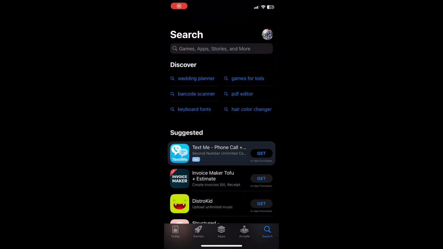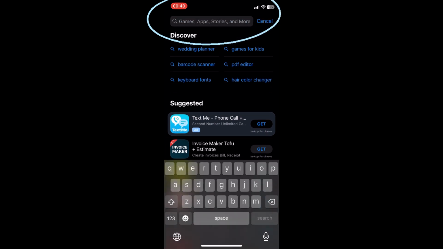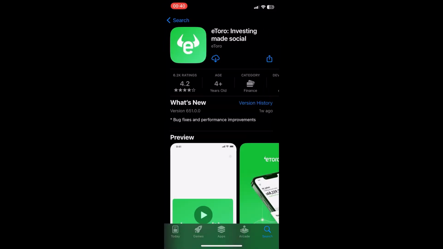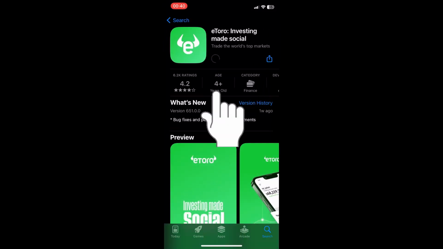Click on the App Store. You can find the blue icon there, and in the search bar, you can just type in eToro. You can find various options available here. Click on the second one, which is the green icon, and click on the Get or the Download button to